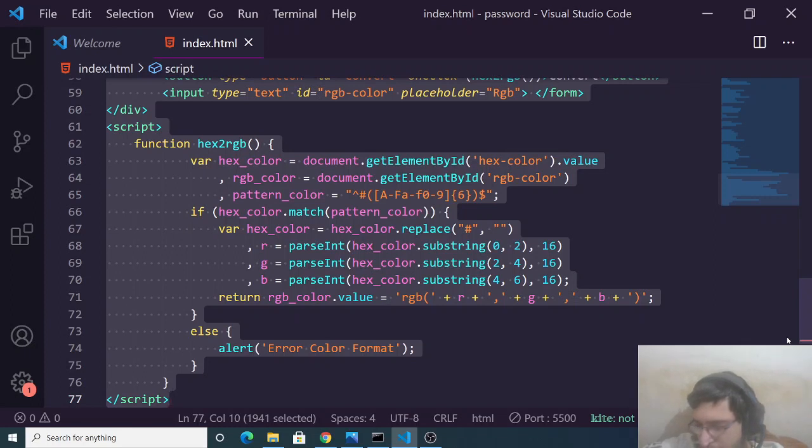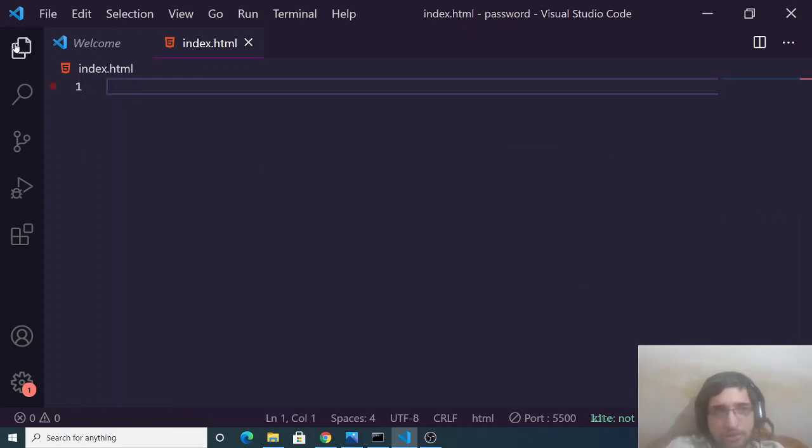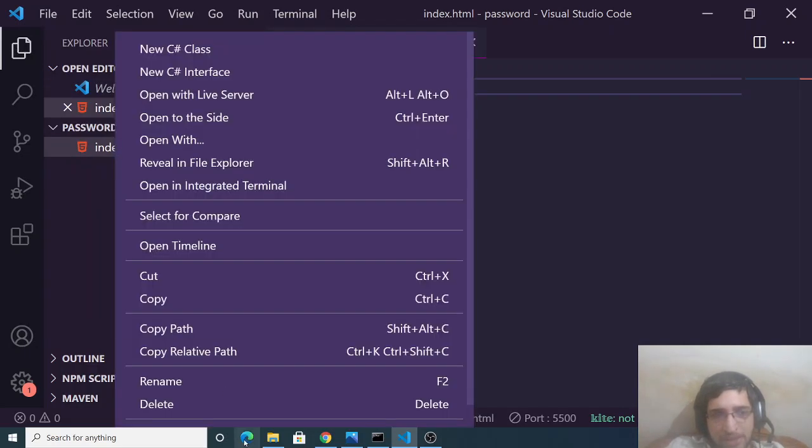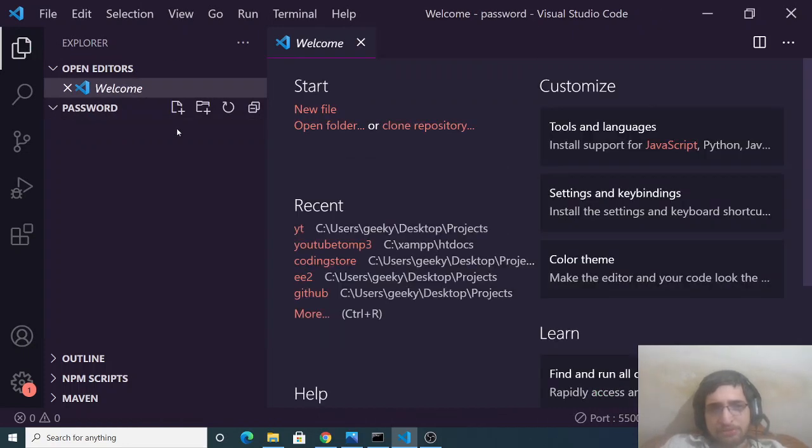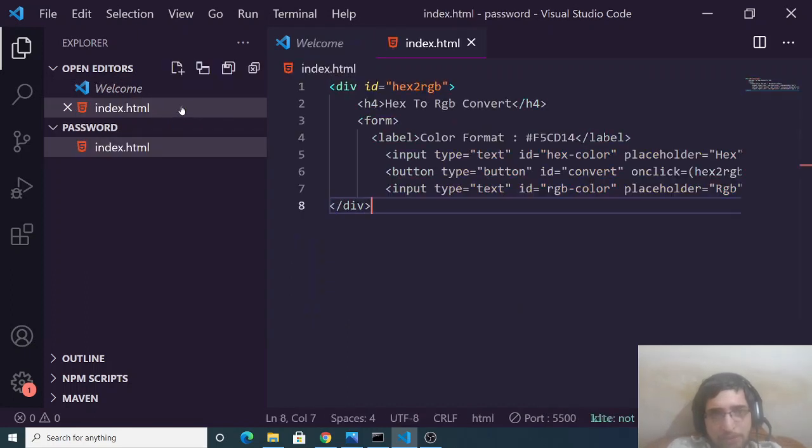Let me just plug the keyboard here. Let me just delete this file. Just make an empty directory here. Inside this, make an index.html file. So three files will be required here. First make this simple index.html file and paste this code here.